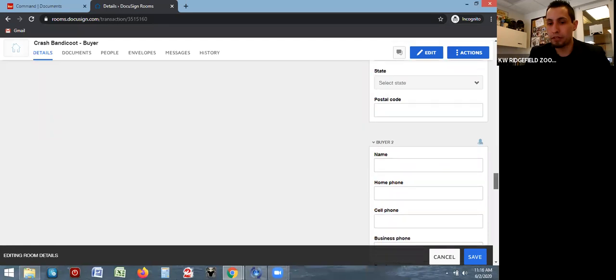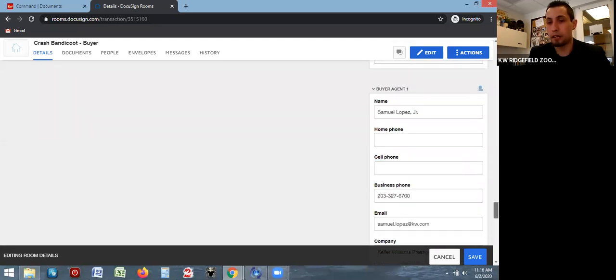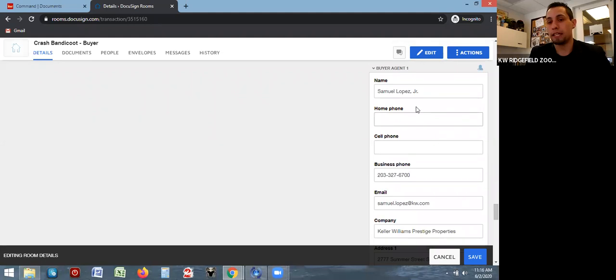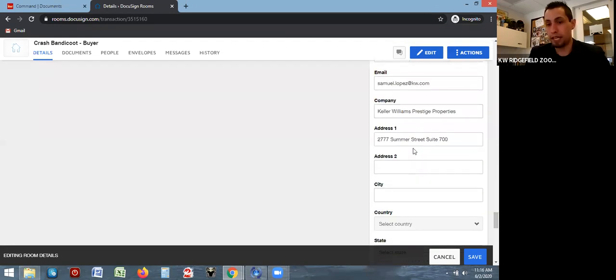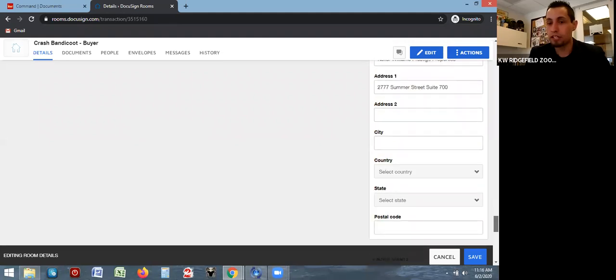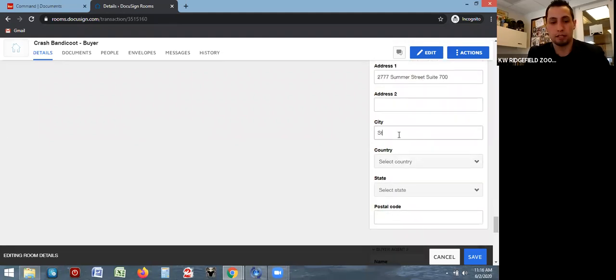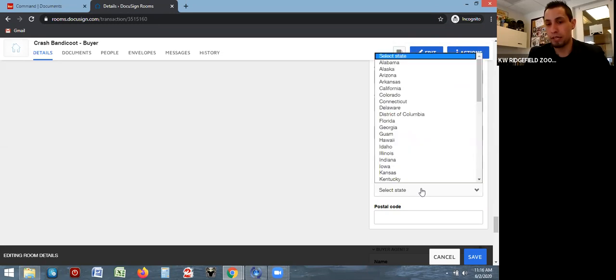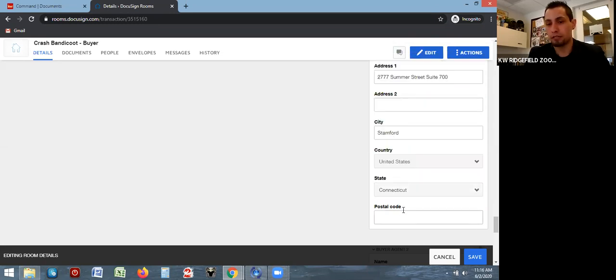And then if you scroll down further, I don't have a second buyer, but under buyer agent 1, since this was a purchase side, buyer side transaction, it added me as the agent, as buyer agent 1, since this is my opportunity. It adds in the company's phone number, the email, company name, and address. Looks like it just fills in the street address. You may just need to add in the city, and then it makes you pick the country. If you don't pick country, it won't unlock the state box. Connecticut,